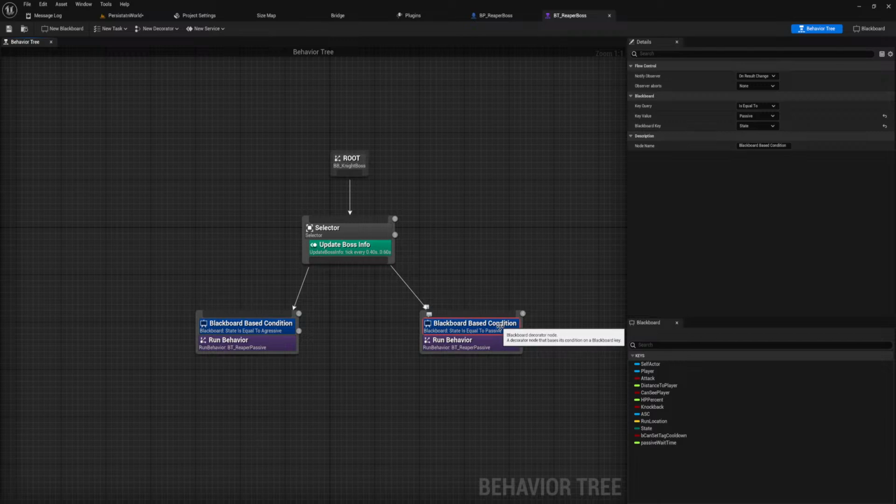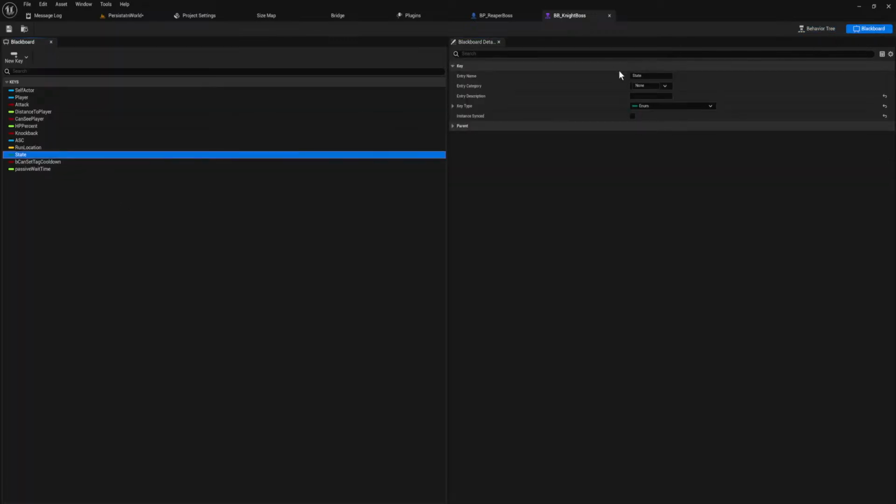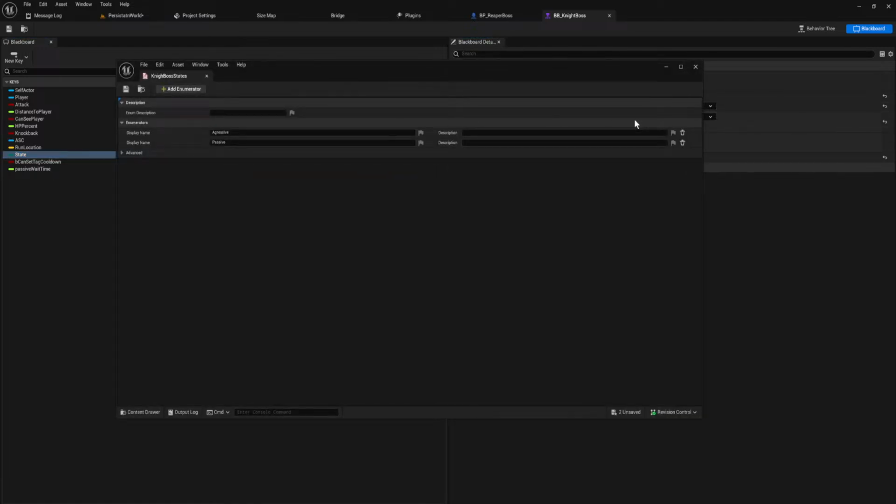Blackboard base condition state is equal to... we can figure this out. Key type enum. It is a blueprint type. Okay, that is, I guess, technically not a problem. It's not ideal.